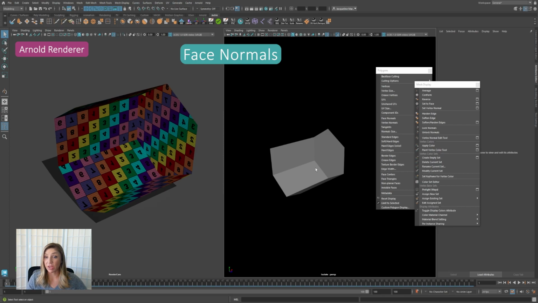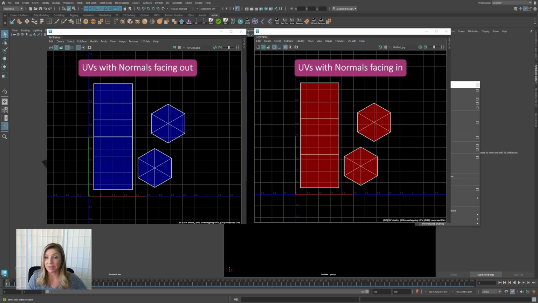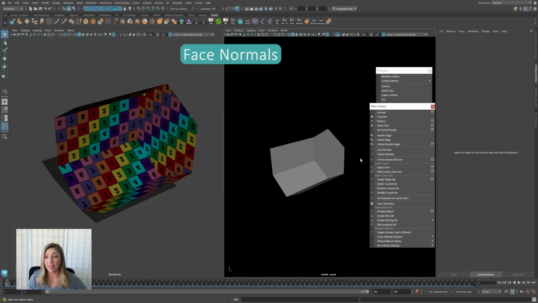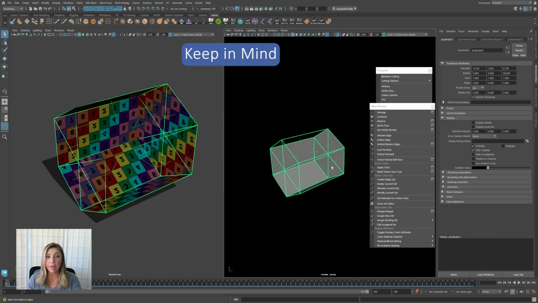Now, I've set up the UVs to be facing outwards, so I've essentially flipped my UVs inside out. But we can see over here that now the inside is what's showing our textures. The outside is not even visible to us thanks to backface culling. It's worth noting that I've overridden something a bit important here in Maya. Maya, by default,